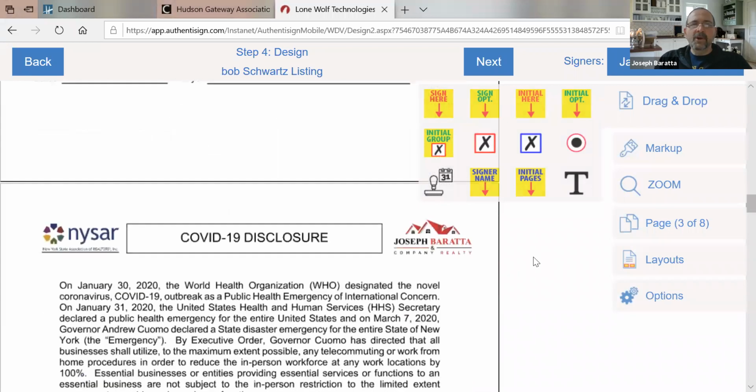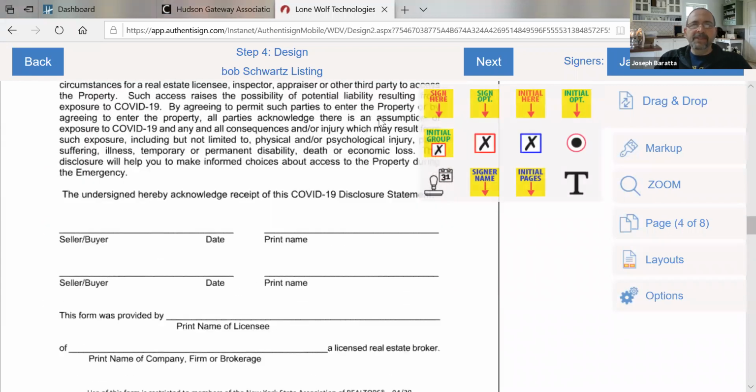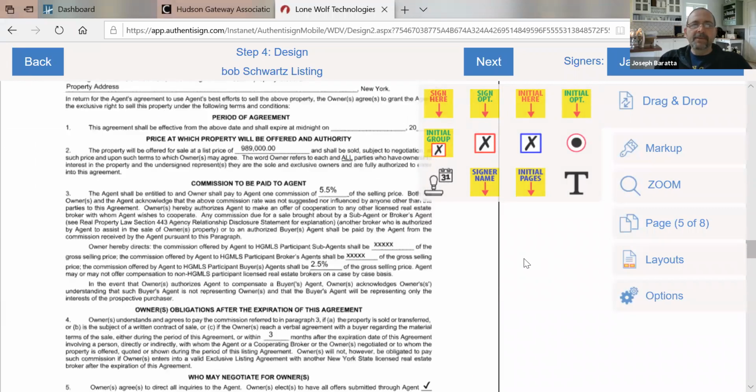Keep going down. COVID disclosure. We have sign here for the seller and a date, and print name. We're going to put Jason's name. Pulling down now my listing